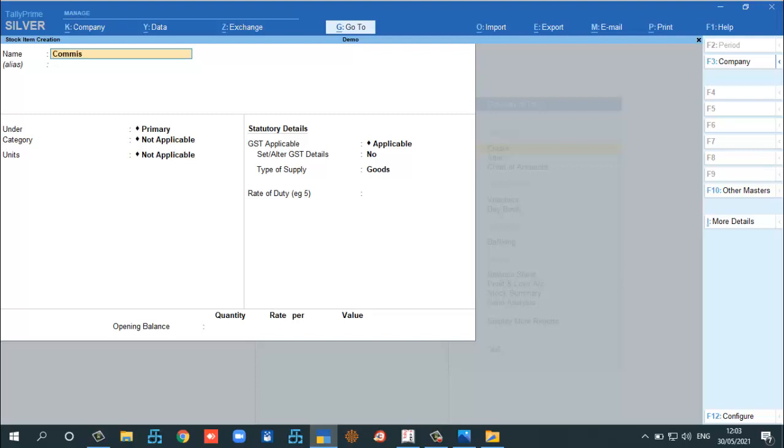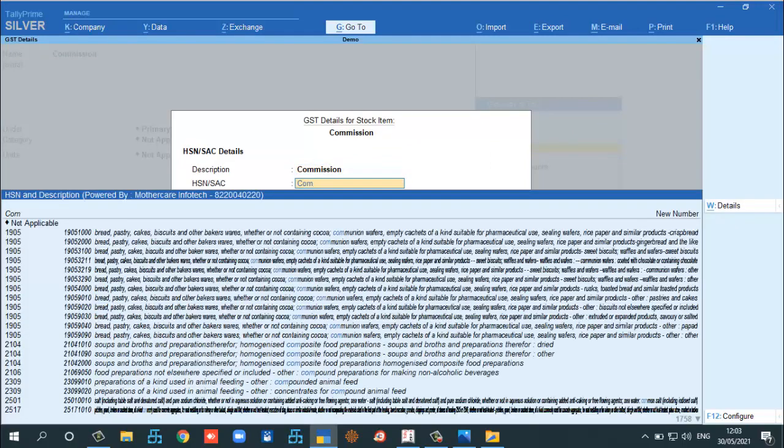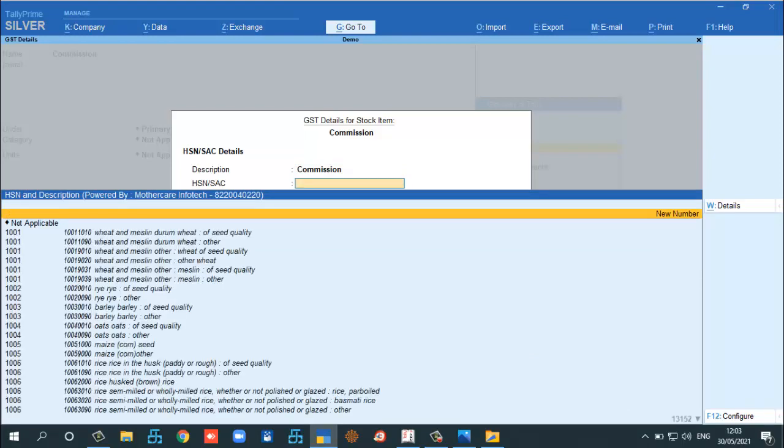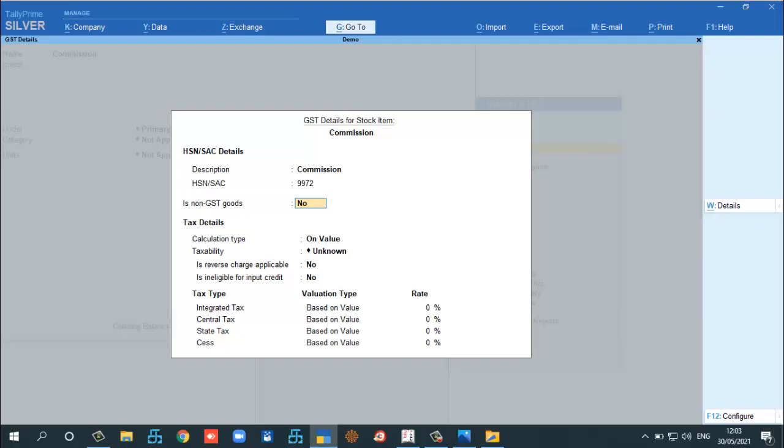Another one, for SAC code I am also having at item level. So here, commission for land sales or something like that. Again I am configuring at this level also.